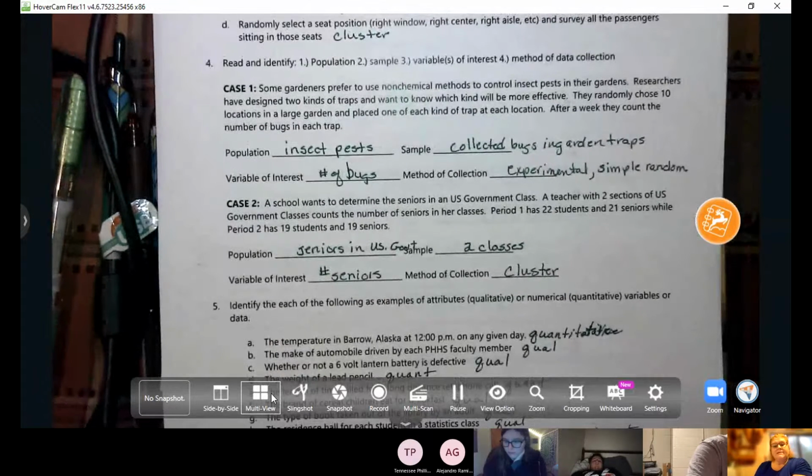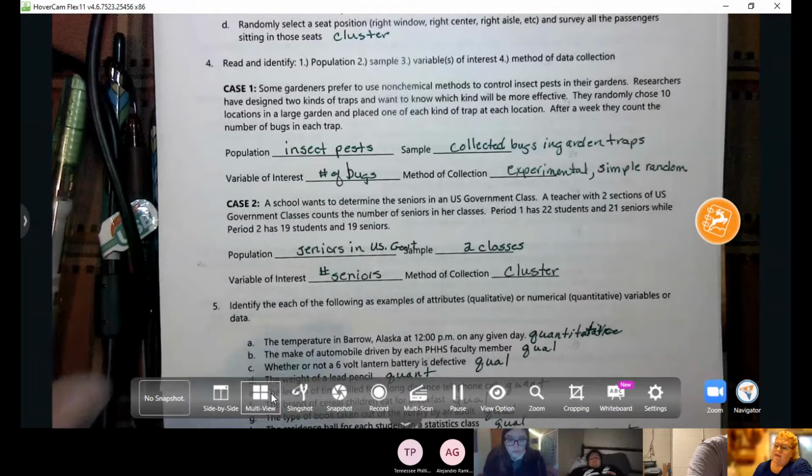And from those cases, we're using the vocabulary: population, sample, variable of interest, and method of data collection. You're reading the case and trying to pick out or use the vocabulary that applies to that particular situation. So the first case is about the gardeners,